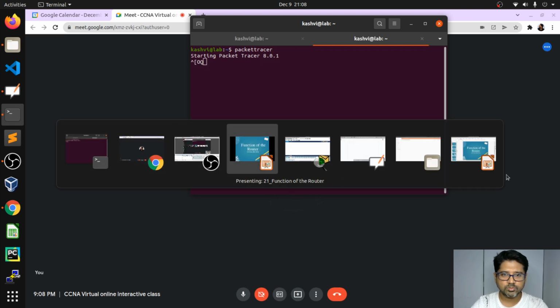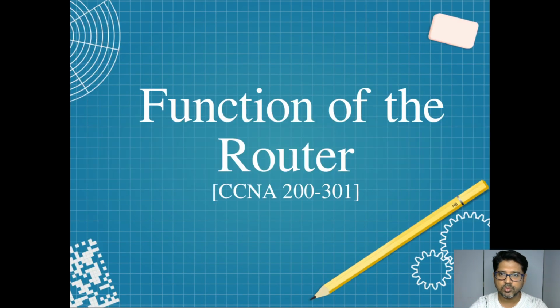Hello all. Today we're going to study the function of the router, and in the function of the router we will see five basic functions of the router. First one, how to maintain the routing table, how it's going to install the route into the routing table. Second function, we will see each port of the router going to